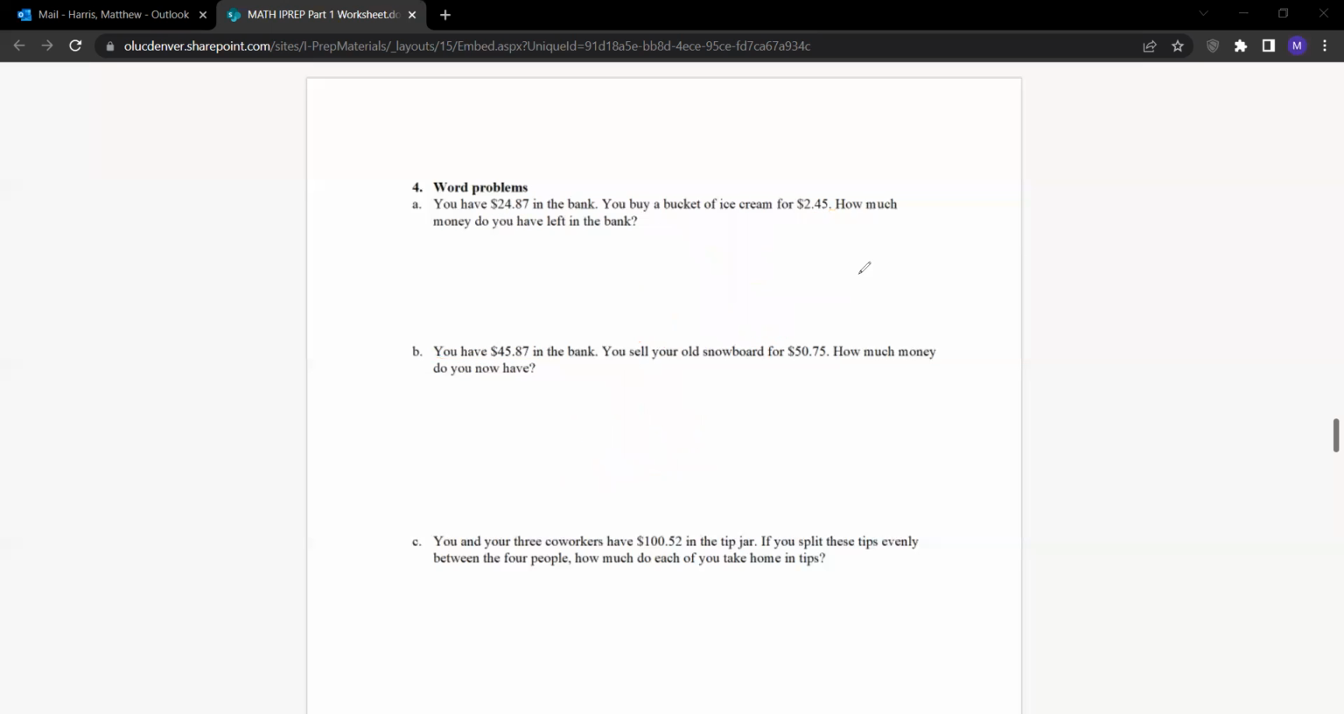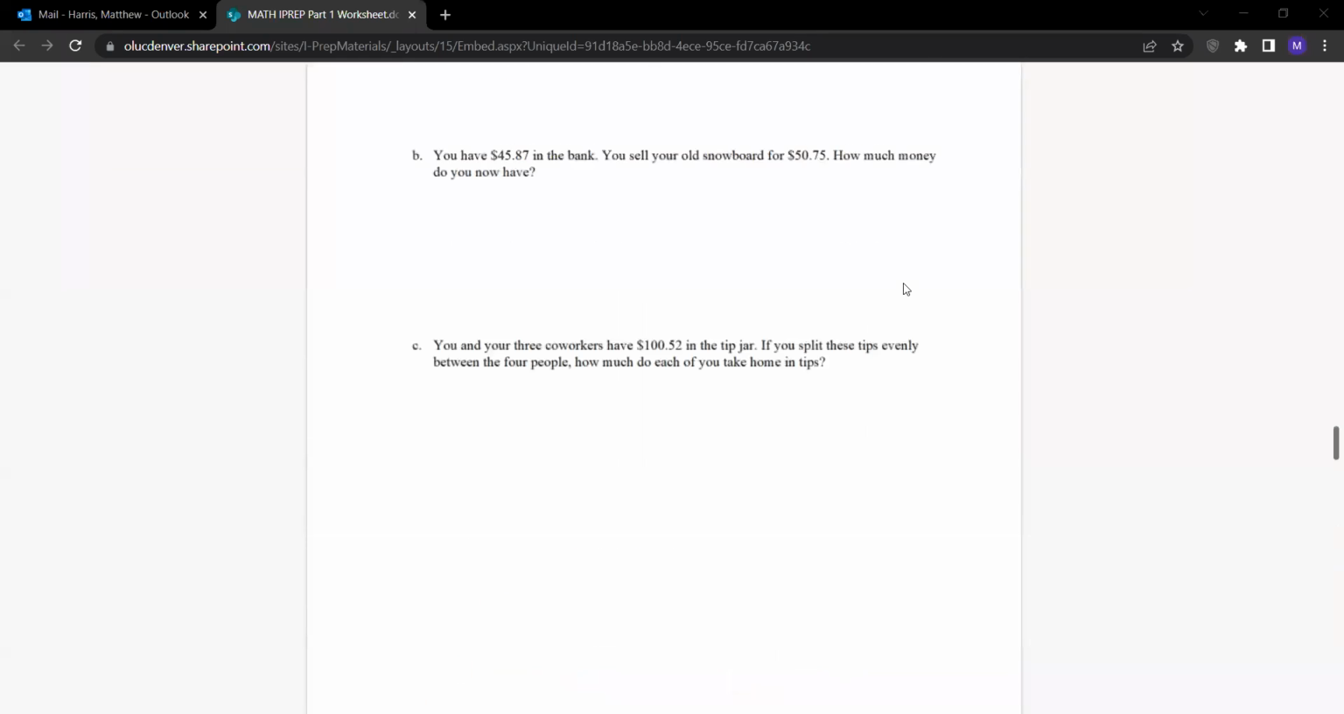All right, one more word problem, and then we'll move on to percents. So you and your 3 coworkers have $100.52 in the tip jar. So you, 3 coworkers. If you split these tips evenly between 4 people, so split it between 4, how much do each of you take home in tips? So you have 100.52